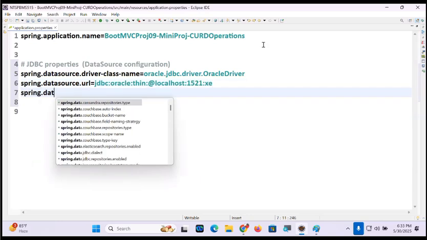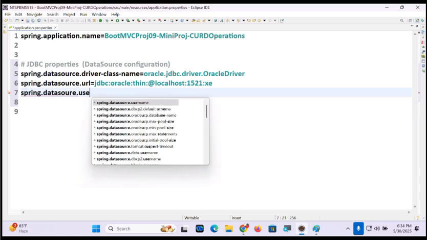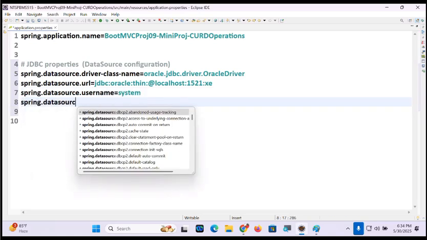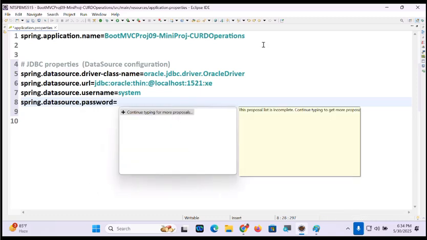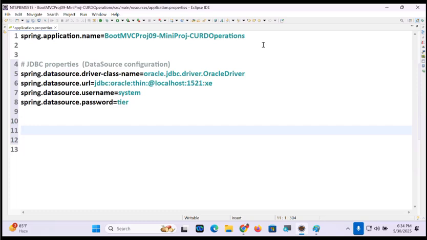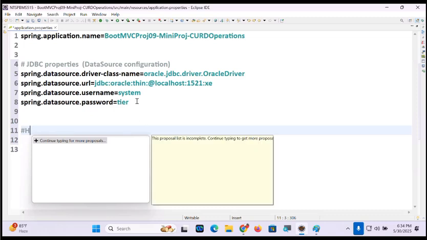Data source dot username system. Data source dot password manager.